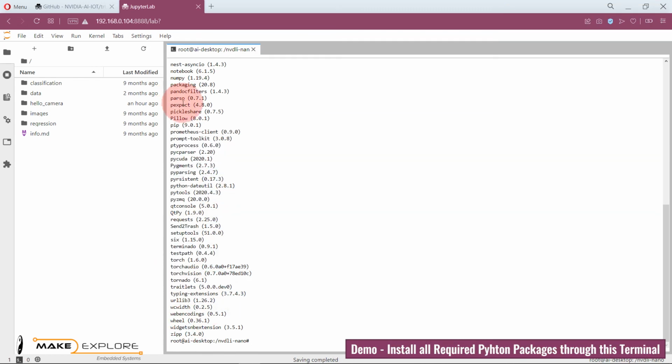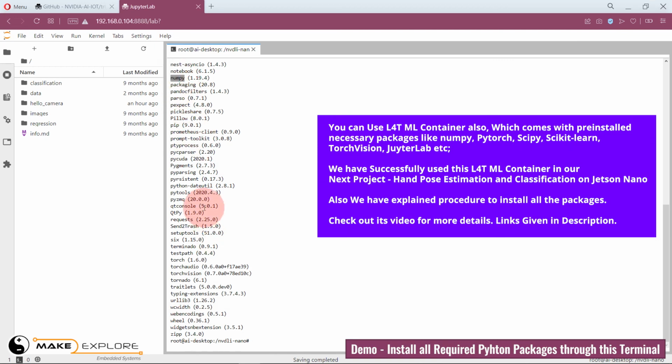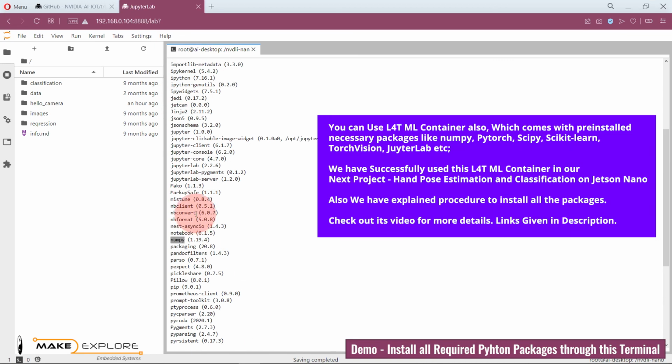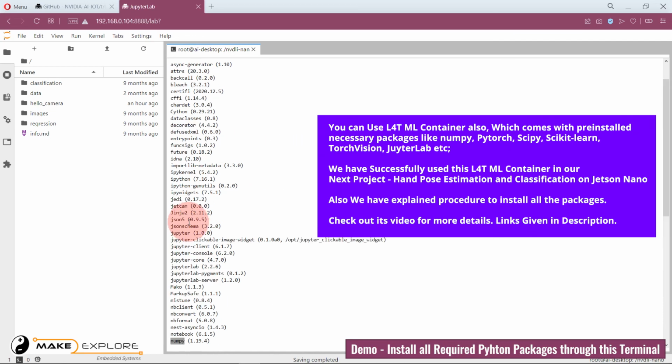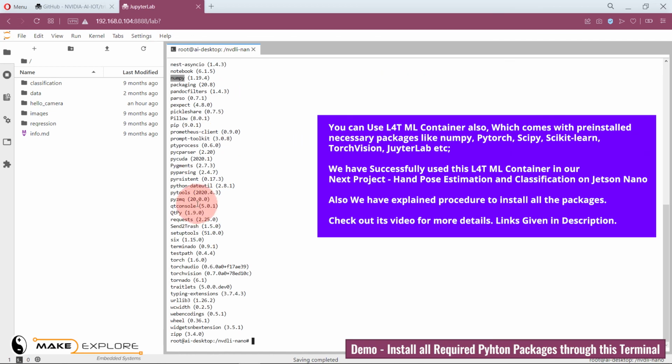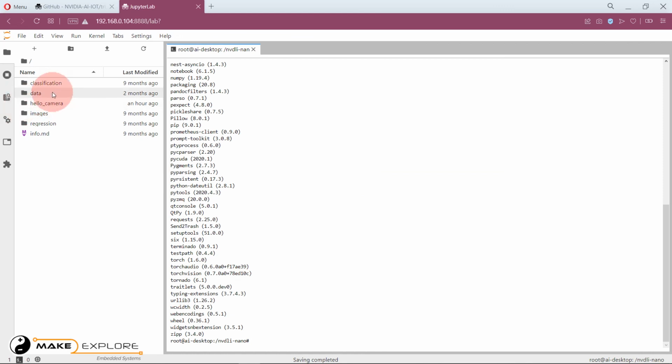From this terminal. We will not cover these steps, since it is a time-consuming process. Some packages like scikit-learn take very long to install. So you have to do these steps on your own, using Python package managers like pip. But if you face any issues during this project, feel free to ping us on Telegram, or you can also send us an email at info@make2explore.com. We would be happy to help.